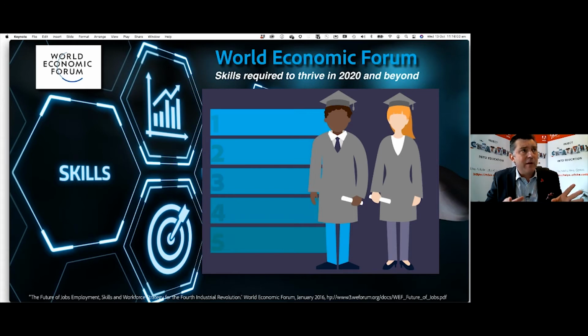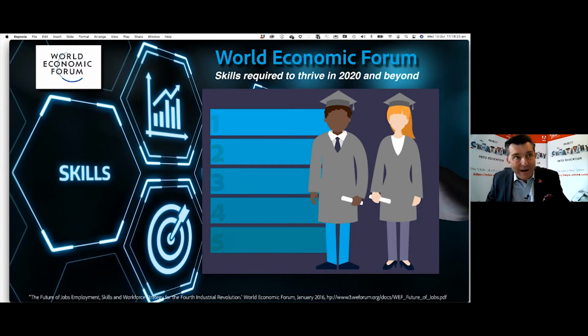Now, this concept of skills to thrive in the future has been an important part of the World Economic Forum for many years. This is a group of business leaders and political leaders that meet every 2 years, and they've been doing lots of studies over the years. Let's have a look at what they thought were the top 5 most important skills to thrive back in 2016